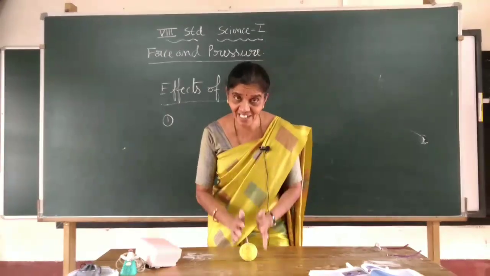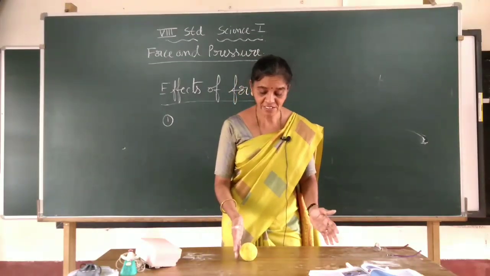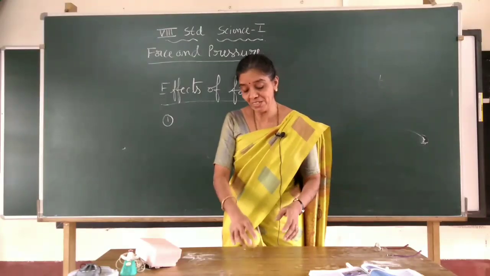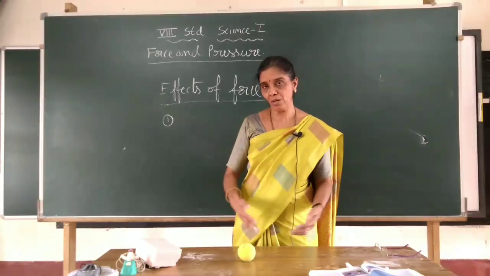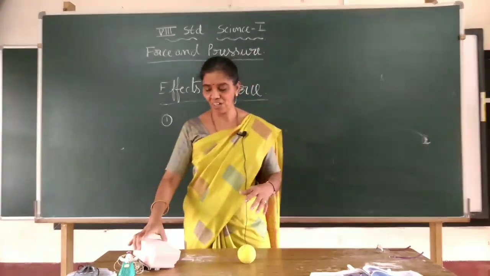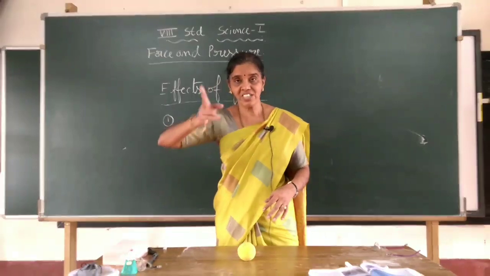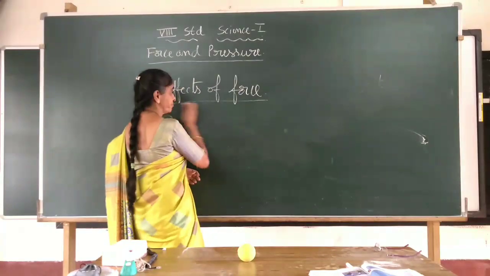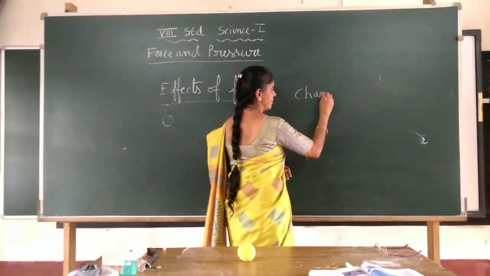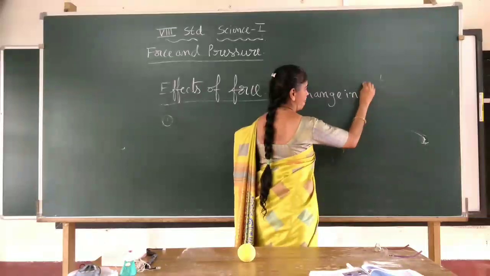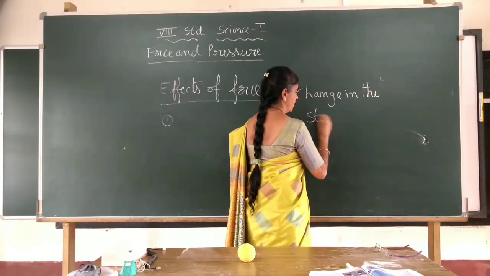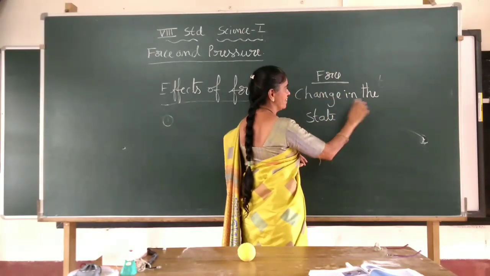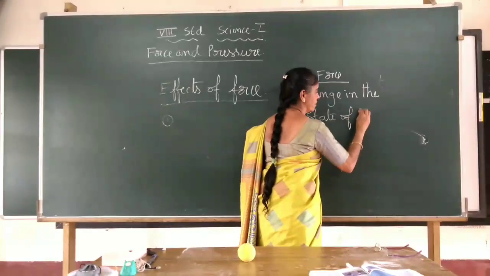The ball is at rest, I will apply the force and I will make it move. So the state of the object, that is at rest, it can move, or the moving object can stop. So, basically, broadly I can say two changes we can bring. One, the object changes its state, change in the state. So, if I apply the force, what will change? Change in the state of the object.